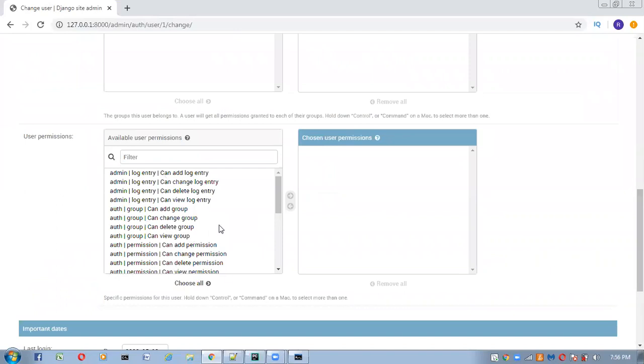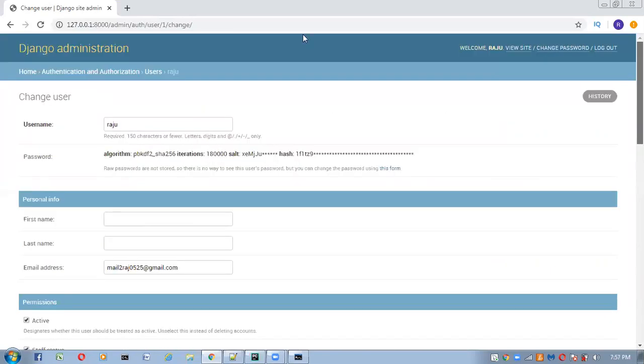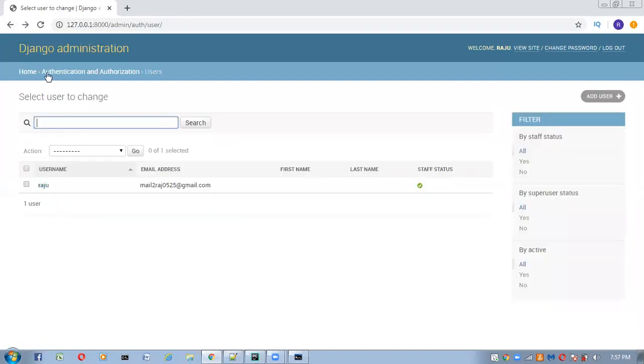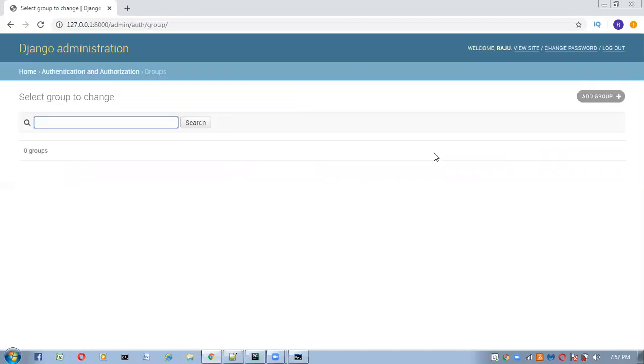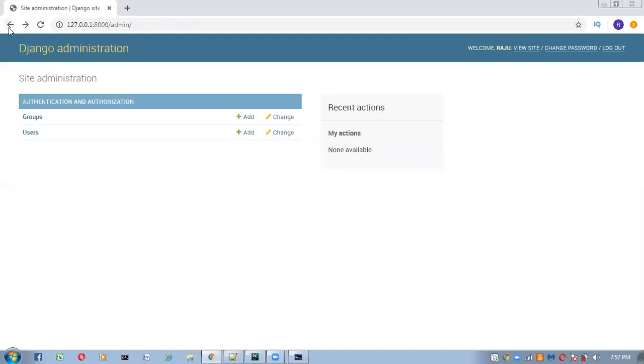A superuser contains all these permissions, but a normal user doesn't contain any permissions. We have to give permissions to normal users. So this is the users table. In the same way, we have the groups table here, where we can create a group. So these are the tables inside the administration page.